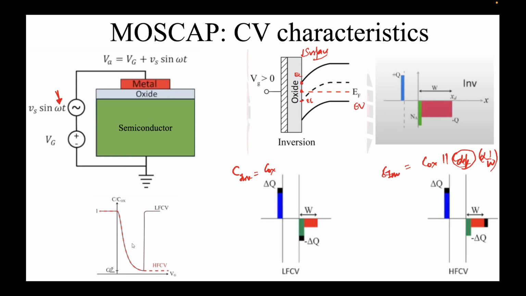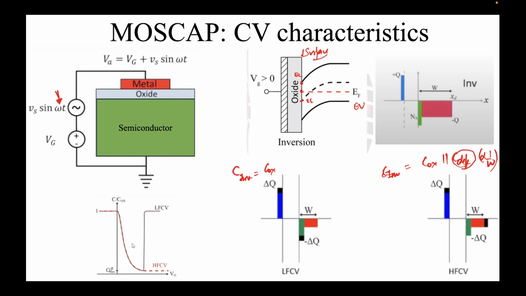Okay, so this is the accumulation. So this is Vg, which is negative. The value here is capacitance equal to Cox, and then we entered it. If we apply positive Vg, we enter into the depletion region. It looks something like this. You arrive at this, which is something called the Cmin,